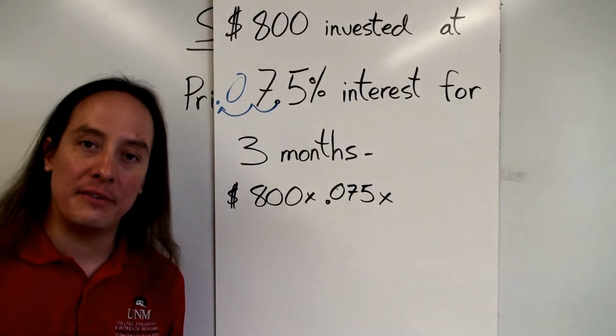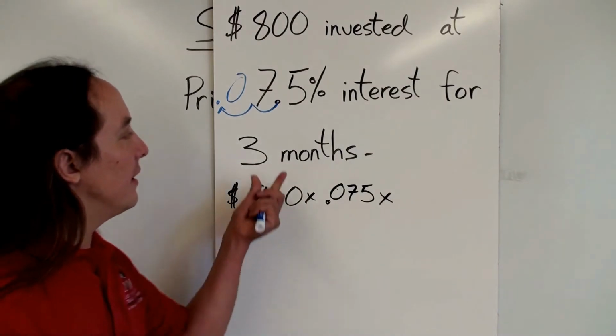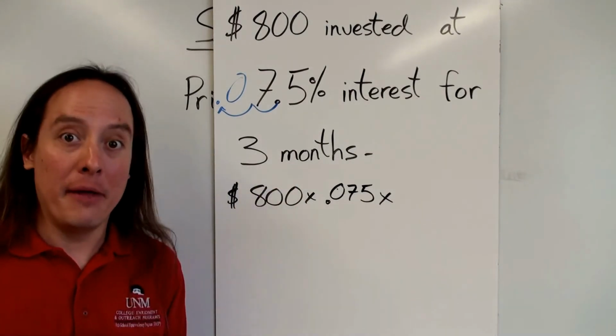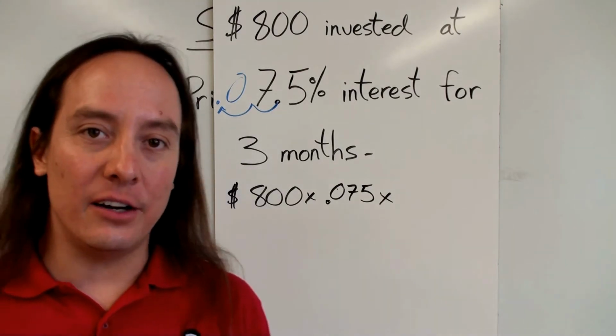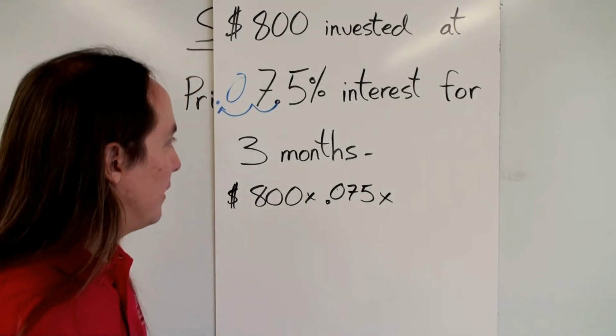Okay, 0.075. And now my time is in 3 months. It's in months again. So now I have to convert those 3 months to years. And how do I do that? Well,